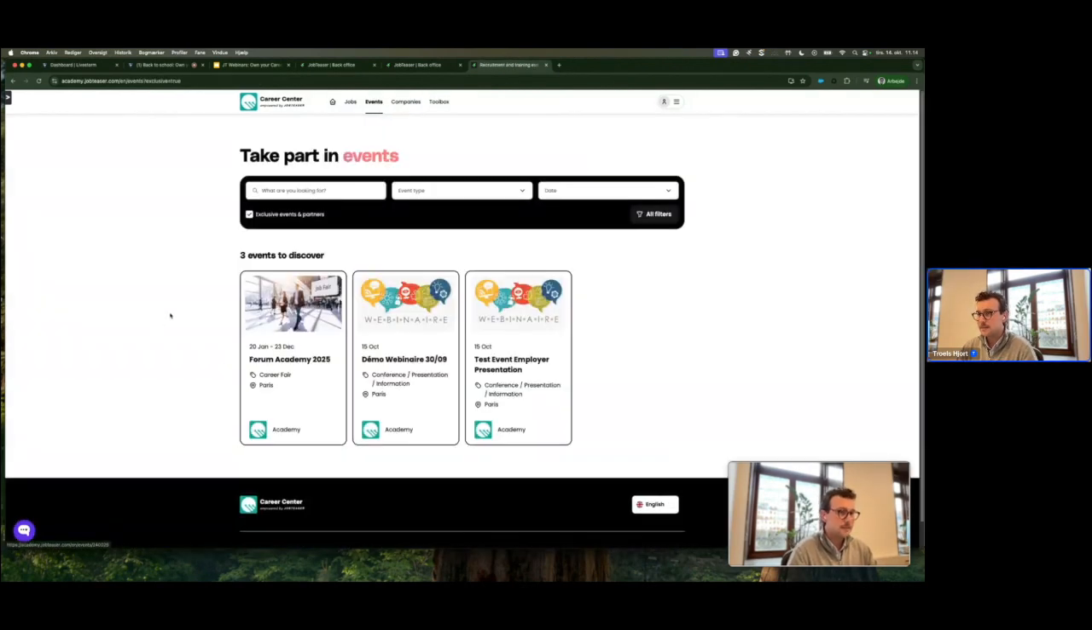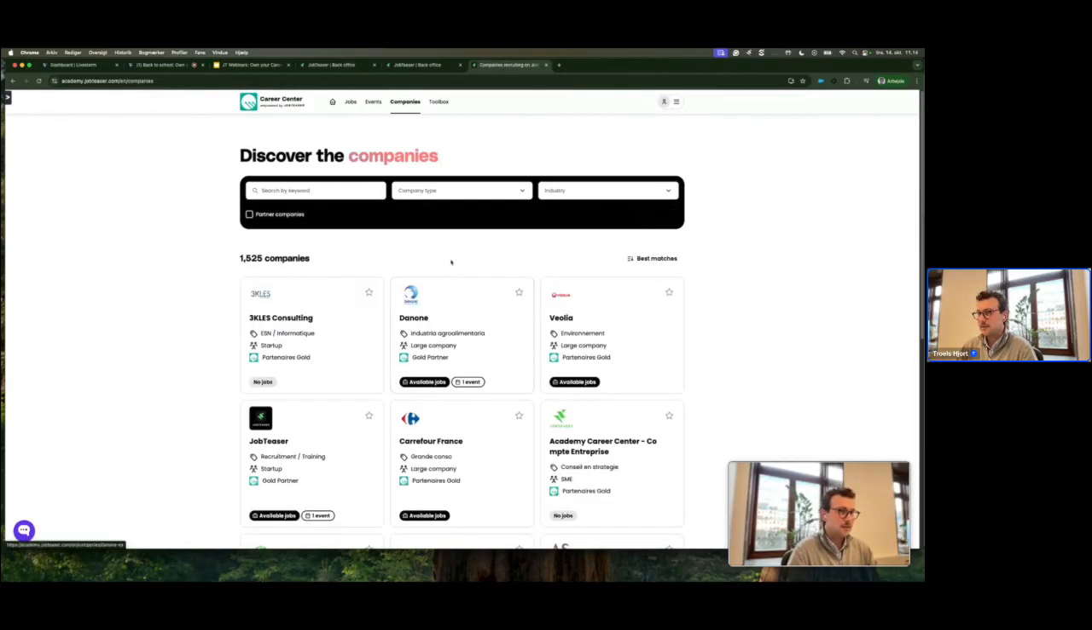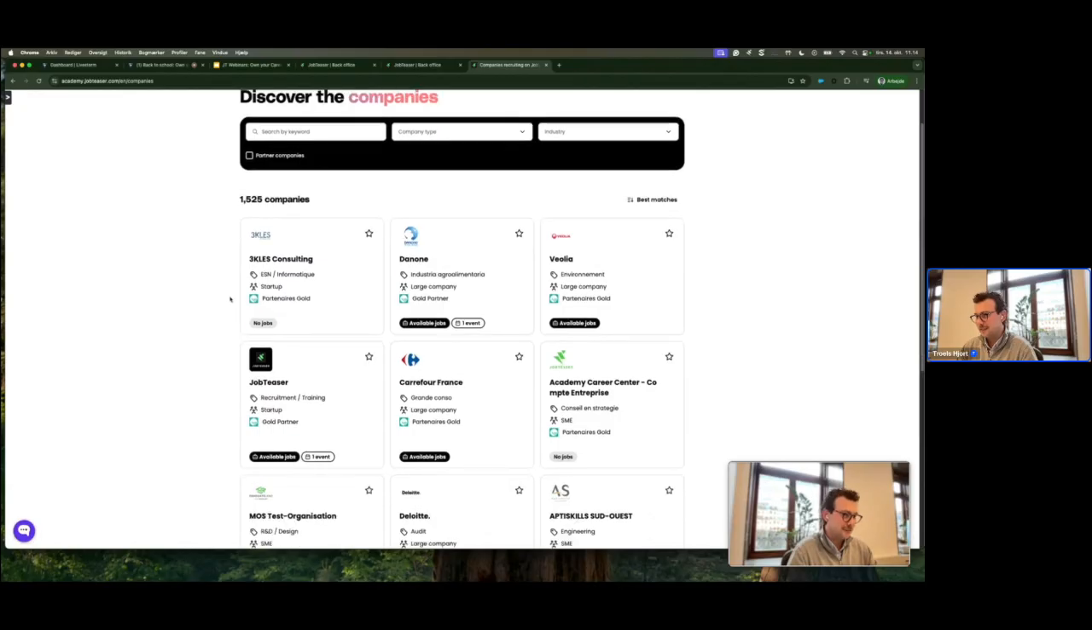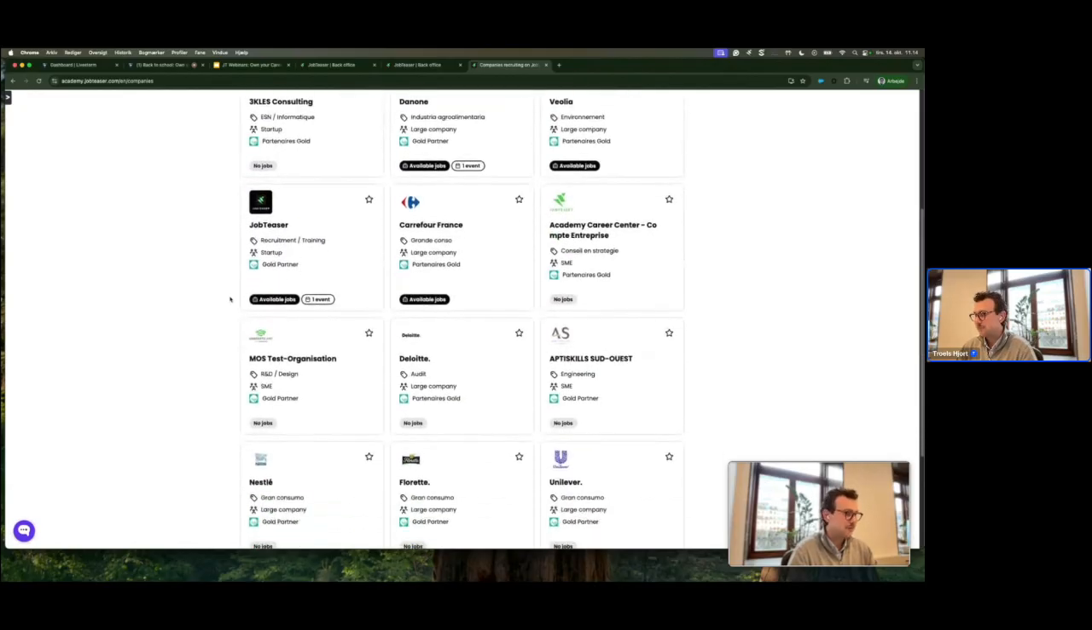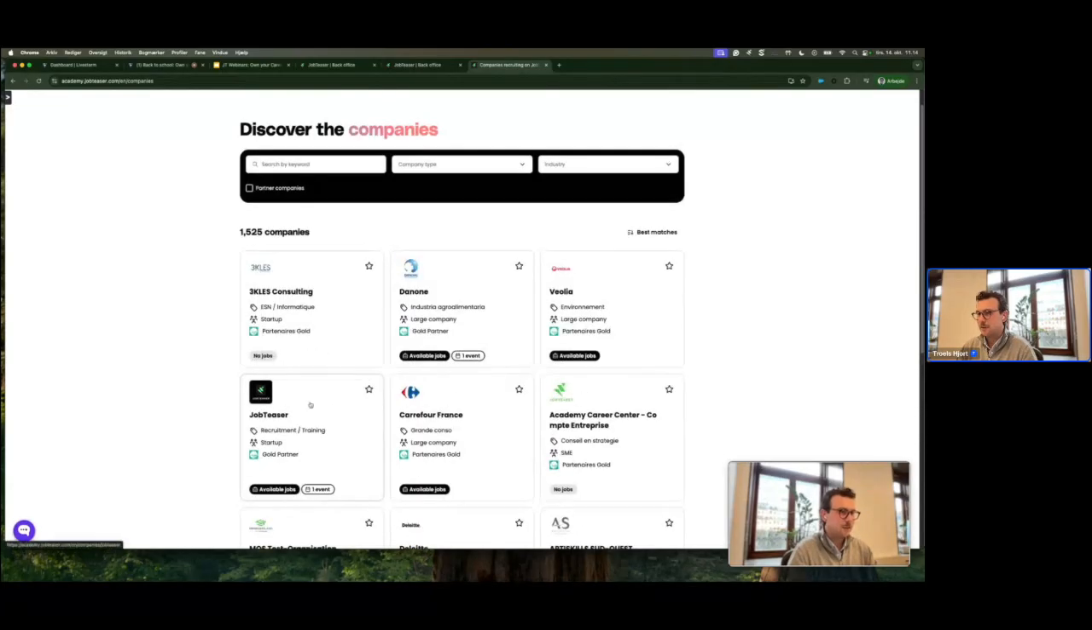I can see the events very easily again to see, okay, what's coming up. Again, we don't have a lot of events here since it is the test environment. And the same goes for our companies. Even though we have a lot, you might have more, you might have fewer. That's perfectly fine. But you are able to see as a student, if we just look at JobTeaser,